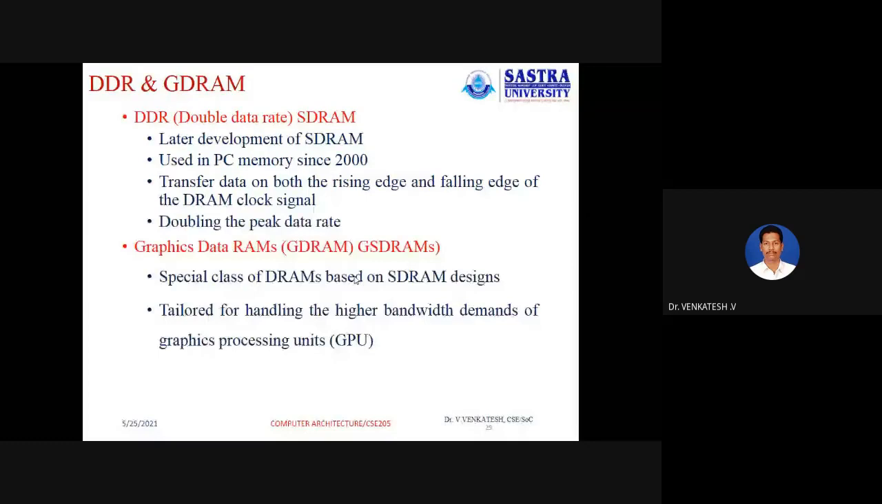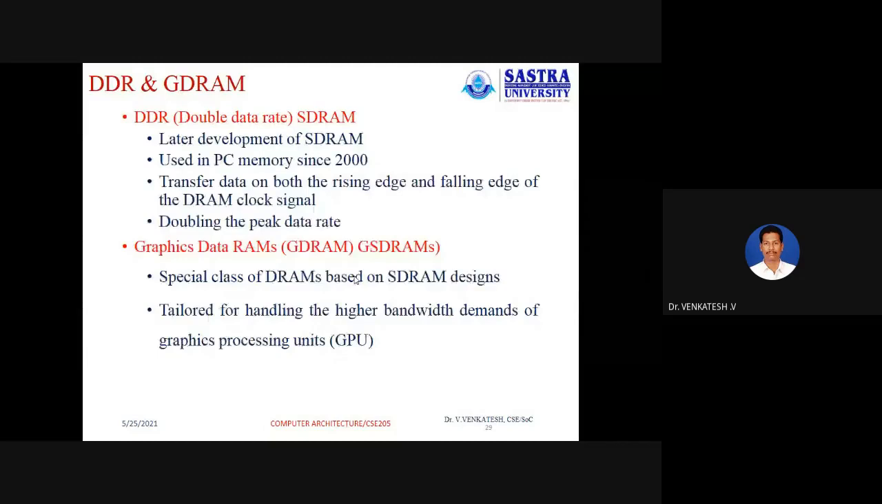That is why it is called the rising edge as well as the falling edge DDR SDRAM clock signal. That is why it is called doubling the peak data rate. That is why it is called double data rate SDRAM. After that, they introduced further innovations, called graphics data